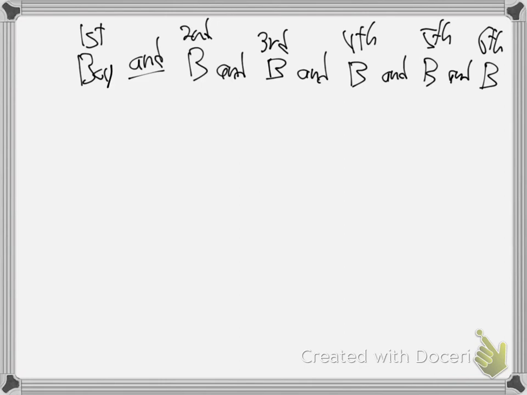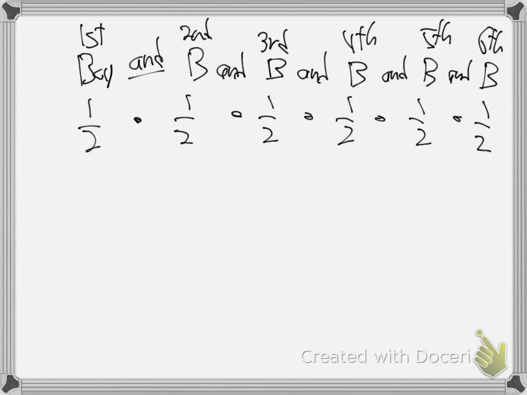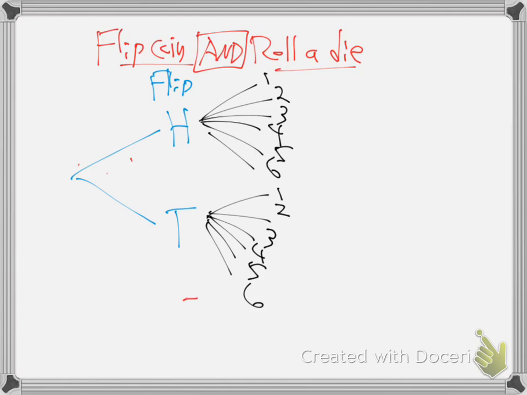Well, it's just like the flip and the roll. What's the chance of having one boy? 1/2, 1/2, 1/2, 1/2, 1/2, 1/2. What am I going to do? I'm going to multiply those, times. You with me? I don't even care what that answer is. I just want you to get the concept. So the chance of having a boy is a half times a half times a half, because and is multiply. How do you get the half? Because it's boy or girl, just two things. It's not exactly even, but it's pretty close, and they told me to assume it is. So half and half. It's like heads and tails, boy and girl.